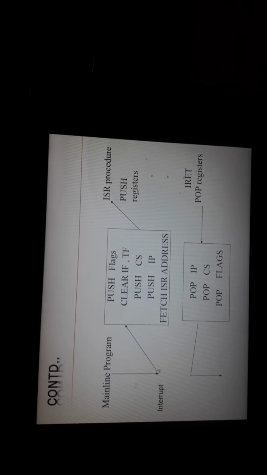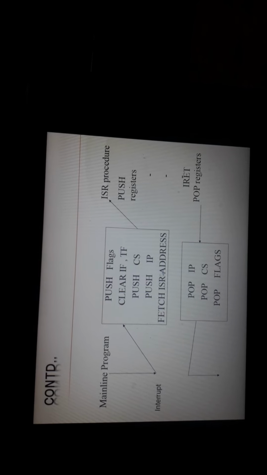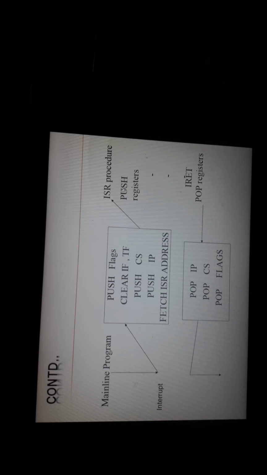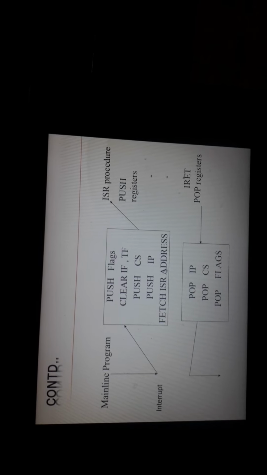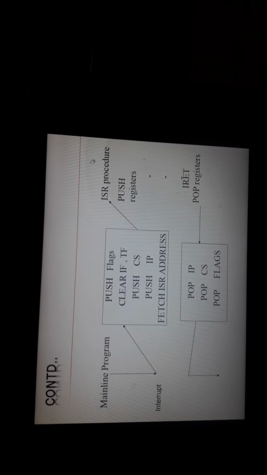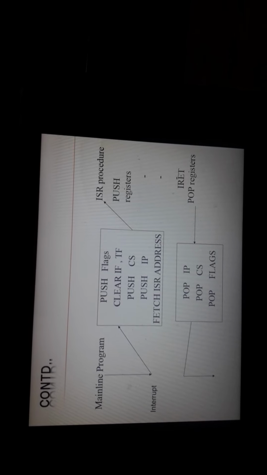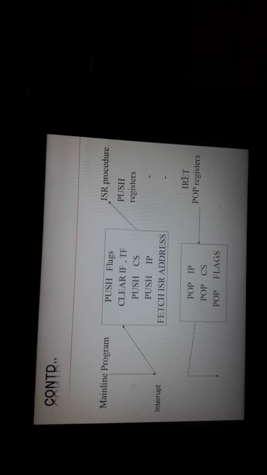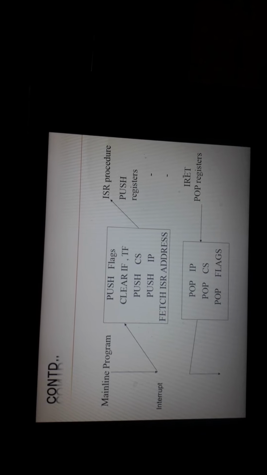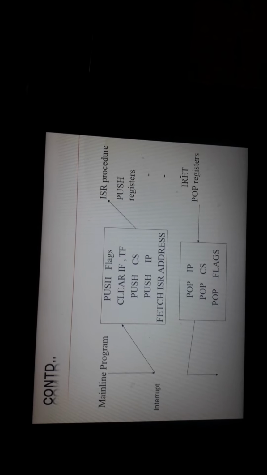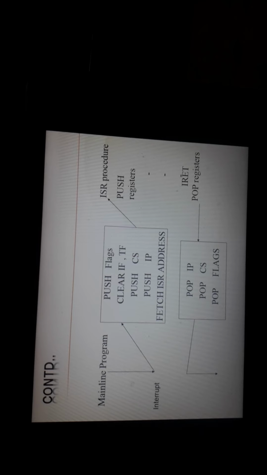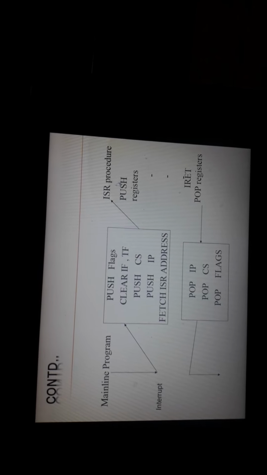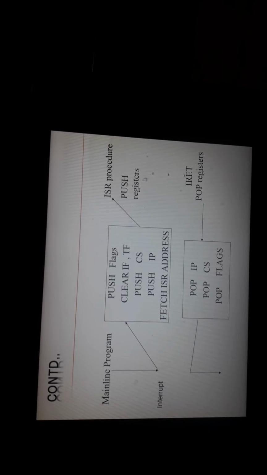Then it fetches the address of the interrupt service routine to be executed. It fetches that ISR address from the interrupt vector table, IVT. The interrupt vector table is a memory location where the addresses of all the ISRs are stored. So it goes to the interrupt vector table, gets the ISR address, and then starts executing the ISR.